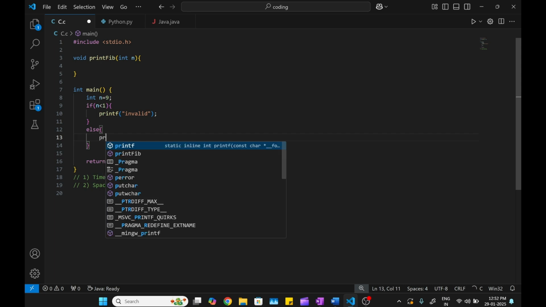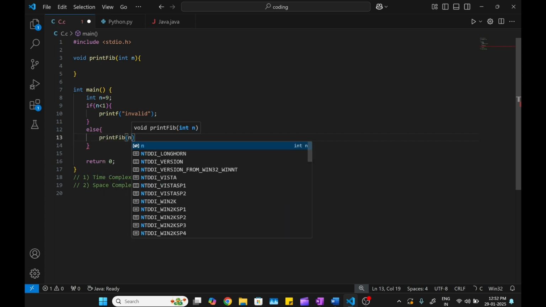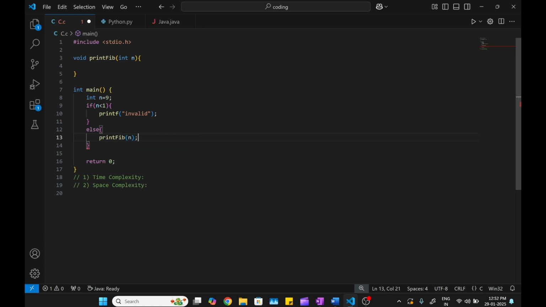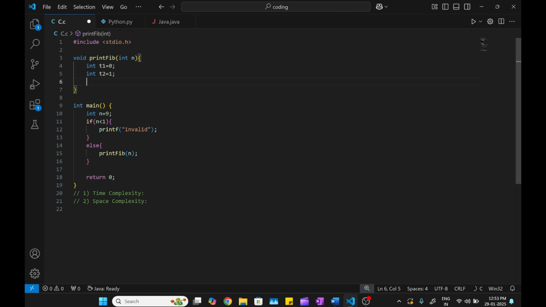So print fib of the n, that's it. Here this function is called, and in this print fib function we need to write the logic. So as I discussed, first we need to take two variables. Those are first two terms, 0 and 1. So int t1 is equal to 0 and int t2 is equal to 1. So these two are fixed, and after that we need to take a for loop for